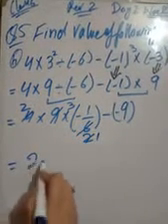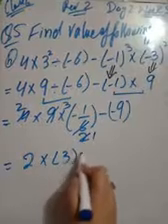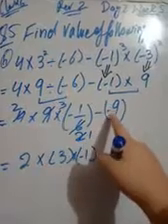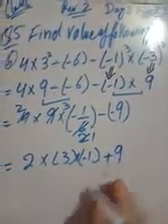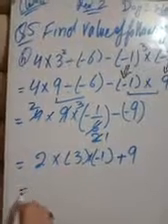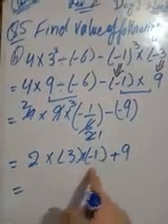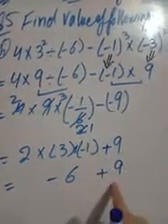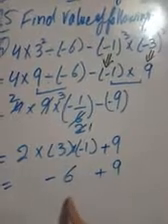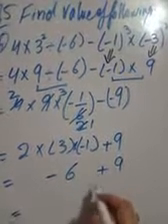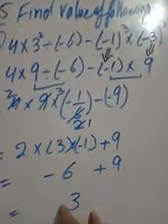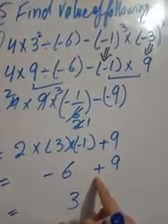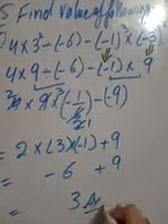Remaining integers are positive 2 multiplied with 3 and multiplied with negative 1. Here is a negative sign. When negative multiplies with a negative sign, it gives a positive 9, and multiply them. 3 twos are 6, a positive integer. When the 6 multiplies with a negative integer, it gives a minus 6 plus 9. As 6 is negative and 9 is a positive integer, we will subtract them. Subtracted, it gives 3, and the sign of the greater value will be written in the answer. And 9 is the greater number, it has a positive sign, so write here positive 3.